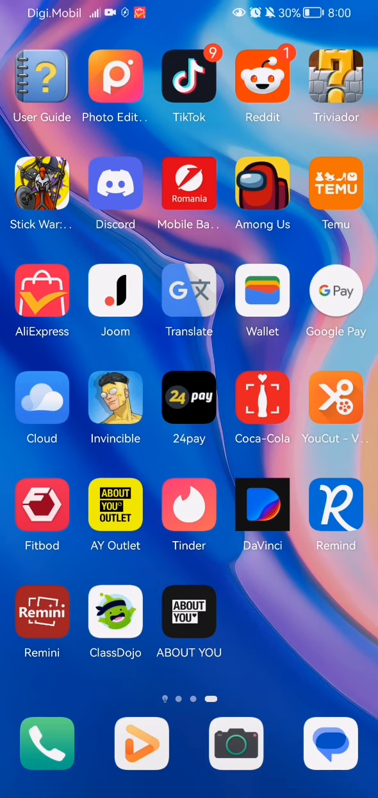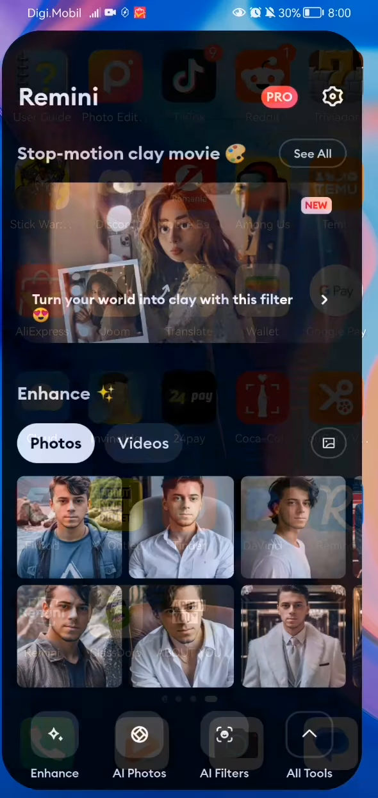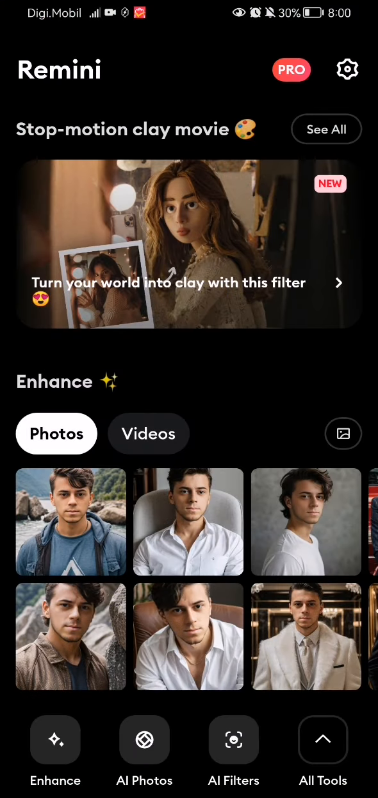Hello guys, in this video I'm going to show you where to find the privacy settings in the Remini application. The very first thing you need to do is enter the app, obviously. Then after you are in the home page, you will see the settings option at the top of your right